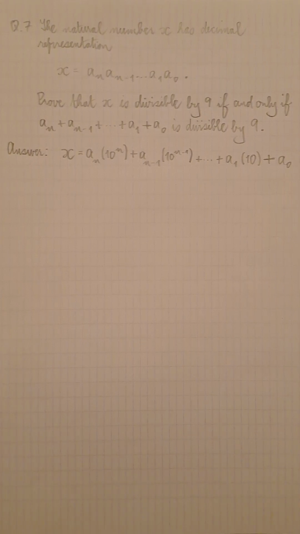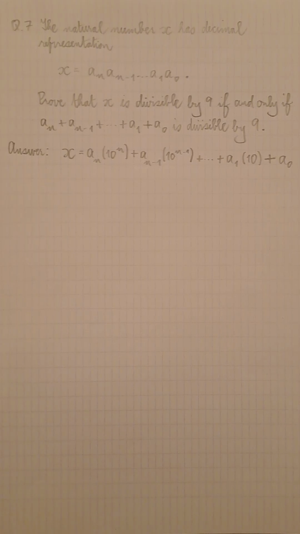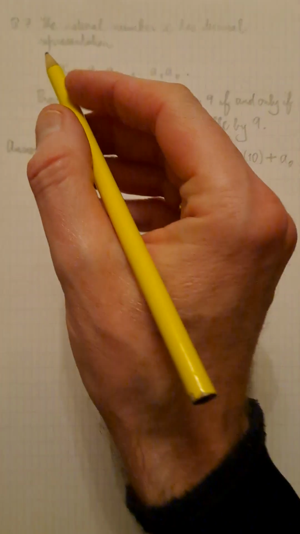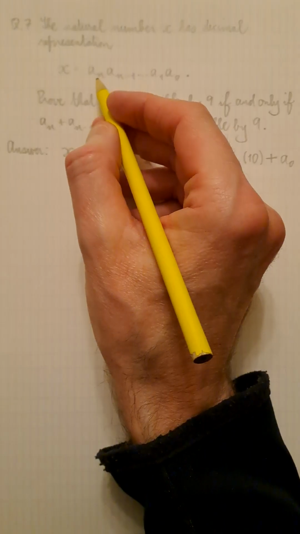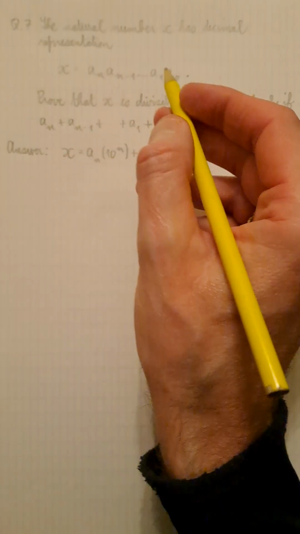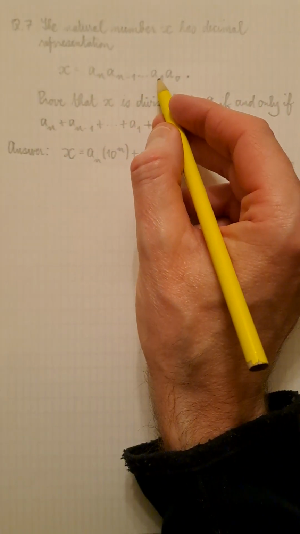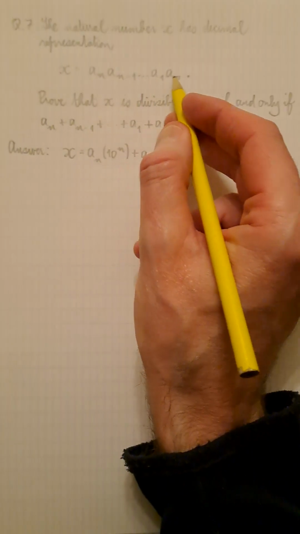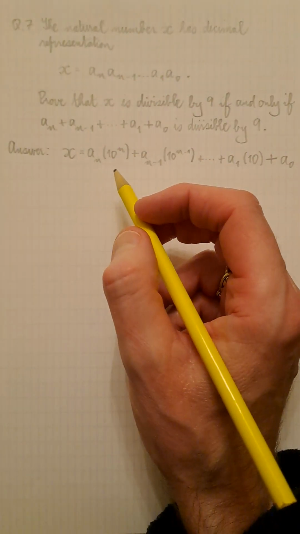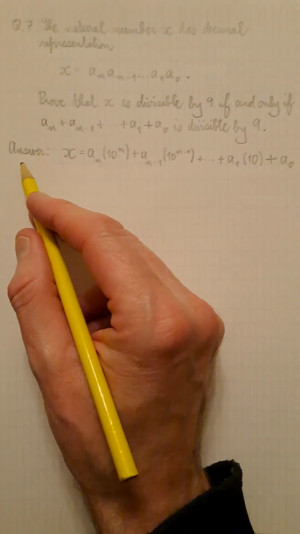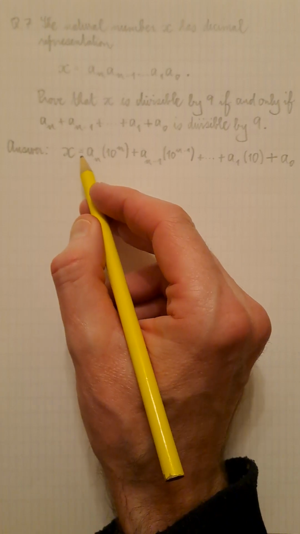Question 7. Prove that any natural number x is divisible by 9 if and only if the sum of the digits of its decimal representation is divisible by 9. We represent x in decimal form as a_n, a_{n-1}, and so on as far as a_1 and a_0. So these are the digits in the decimal representation of x, which of course means that x must be equal to